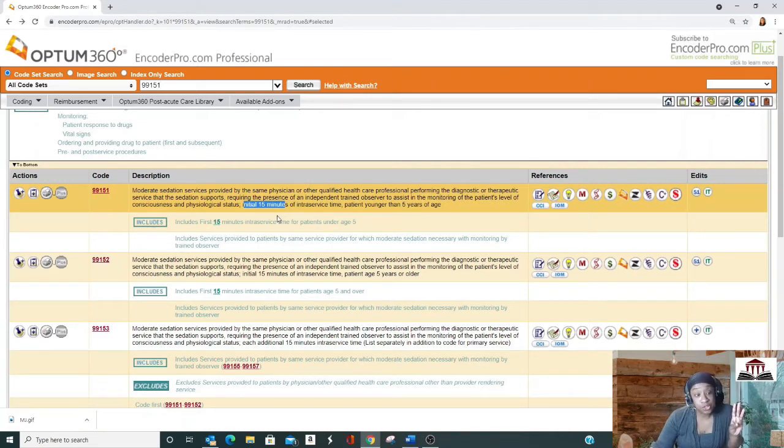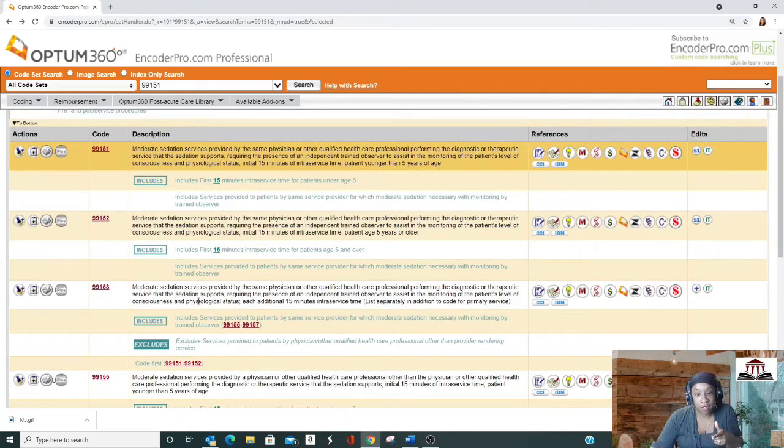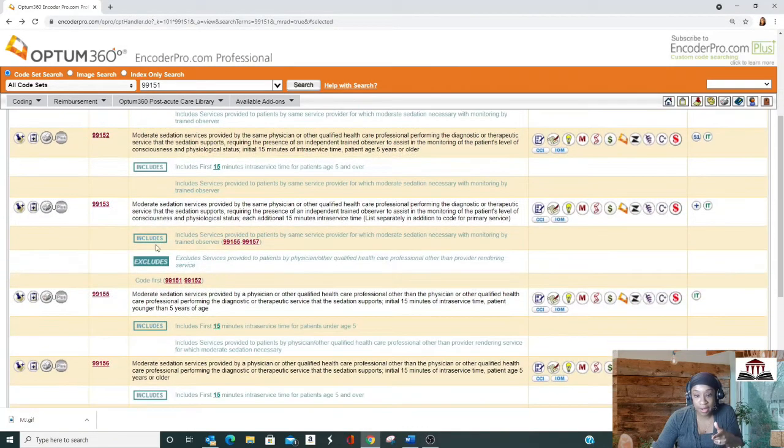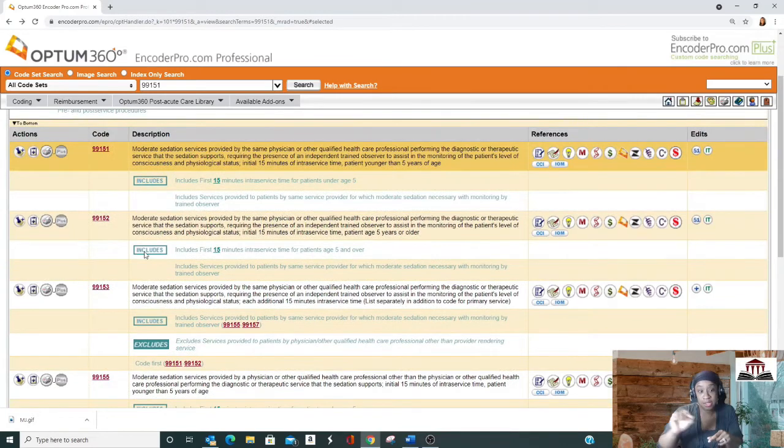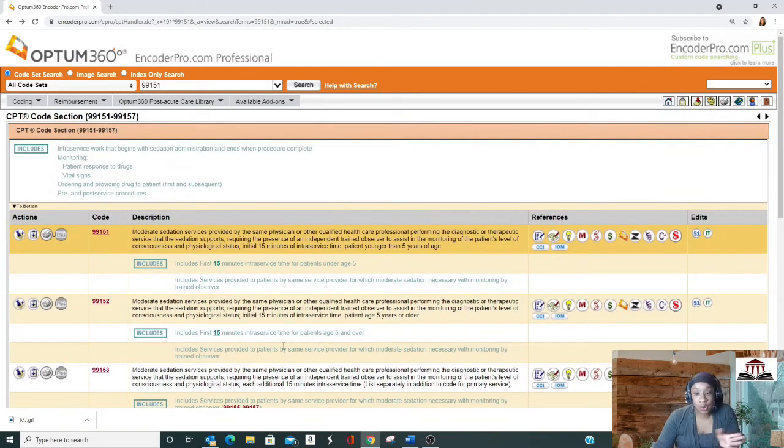Third is age. How old is your patient? And this you could just get from the patient's chart. Is this patient 0 to 4 years old, or is this patient 5 years or older? I like to say it that way because sometimes coders say, well, younger than 5, does that include 5? It's a little tricky for them. So when I train on this, I tell them to write next to 99151 and 99152, 0 to 4 years old. And then the next code says 5 or more. That's just easier for you when you're coding and processing, so you don't make a mistake in the code.